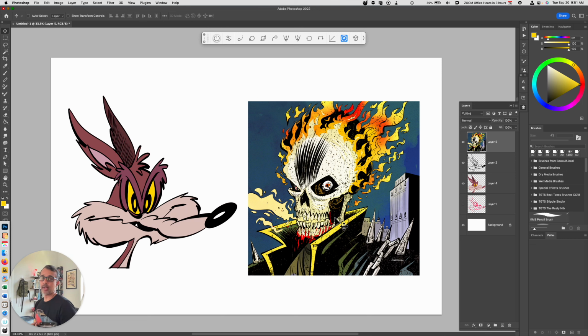There's a huge range to digital coloring. It can go from very simple and cartoony, like what we see here on the left-hand side with the coyote, to something that takes on a much more complex series of shading and highlights and shadows. We're going to be looking at both this term, and we're going to start off by learning some coloring fundamentals,